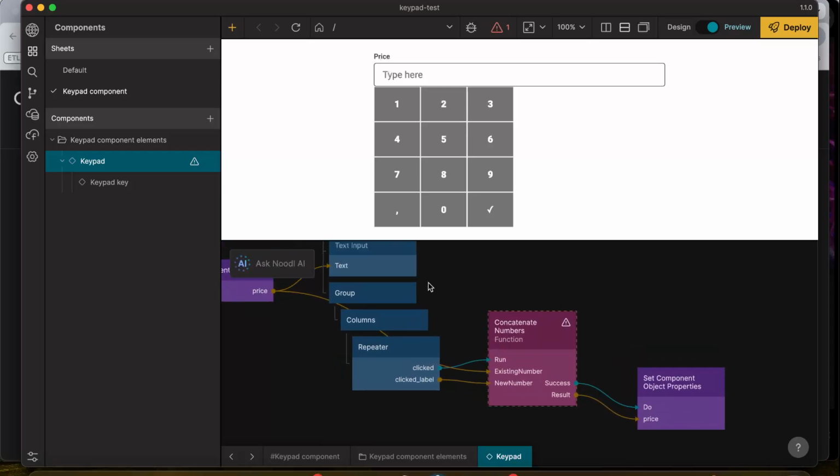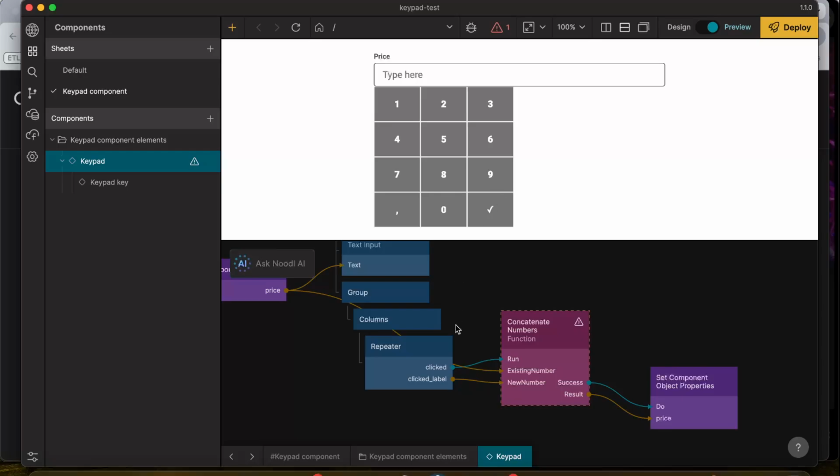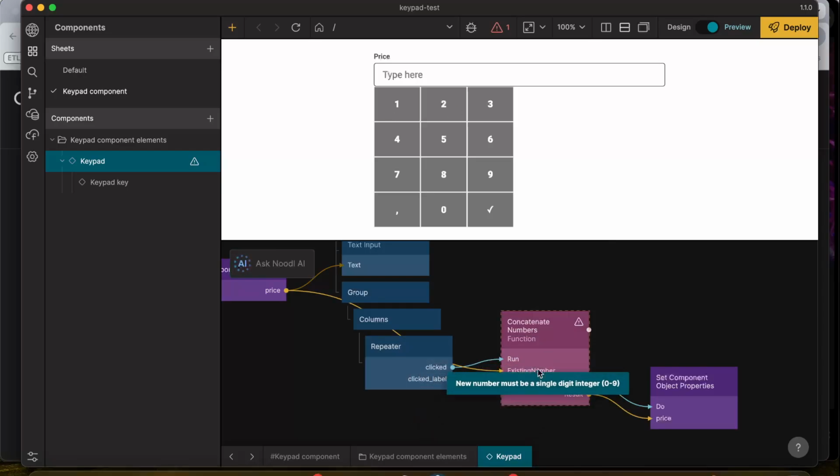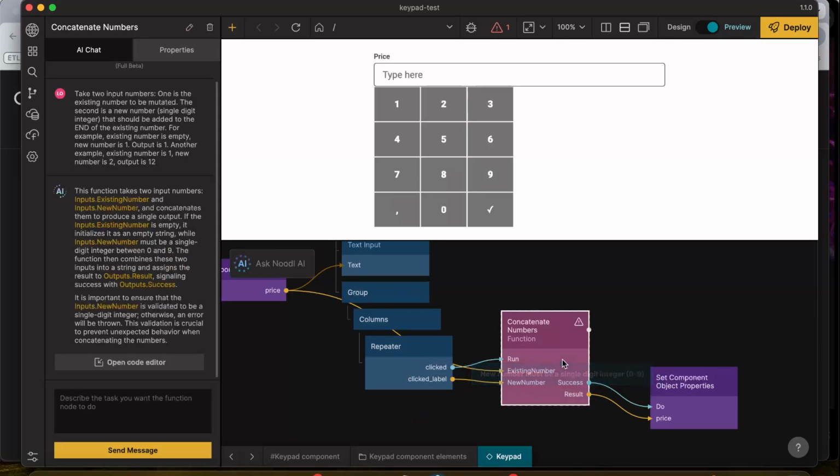So let's see what happens if I go to 1. Input is 1, output is nothing. New number must be a single digit integer, okay. No, it's not doing anything. It's taking it in, but it's not doing anything. Okay, so what I would do in this case is